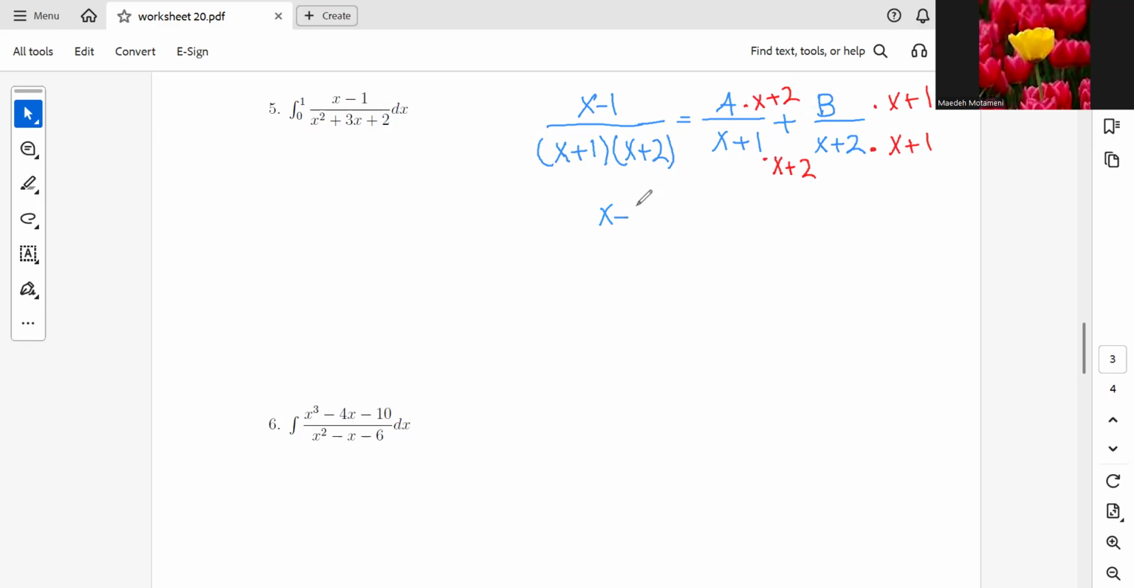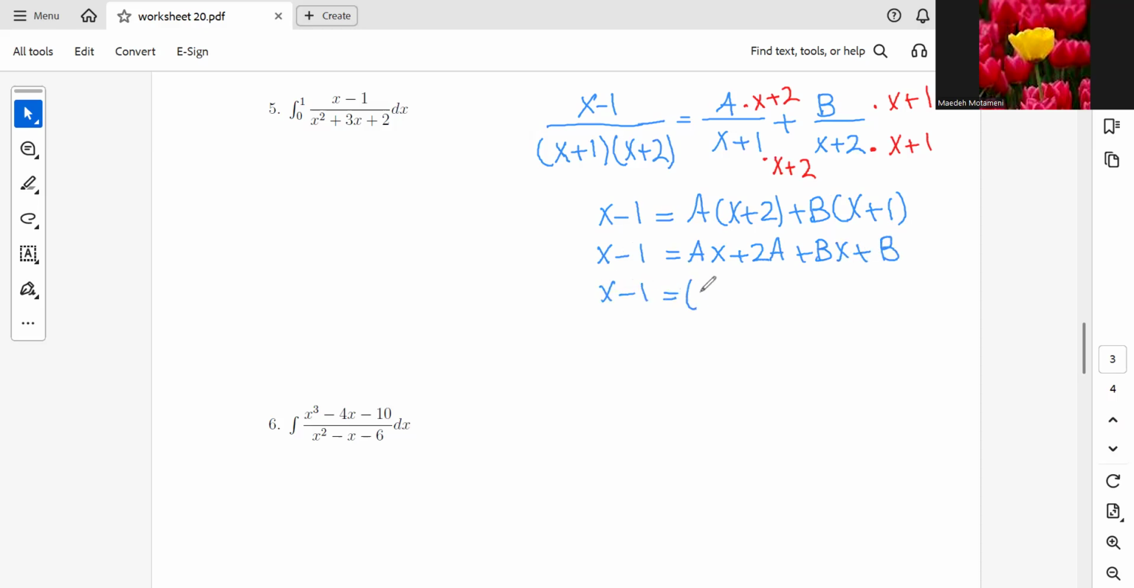So the numerators, which is x minus 1 for the left one, and A times x plus 2 plus B times x plus 1 will be the same. We will keep the left one, and we multiply the right one. Ax plus 2 times A plus Bx plus B, and then we would factor out x. So we're going to have A plus B times x plus 2A plus B,